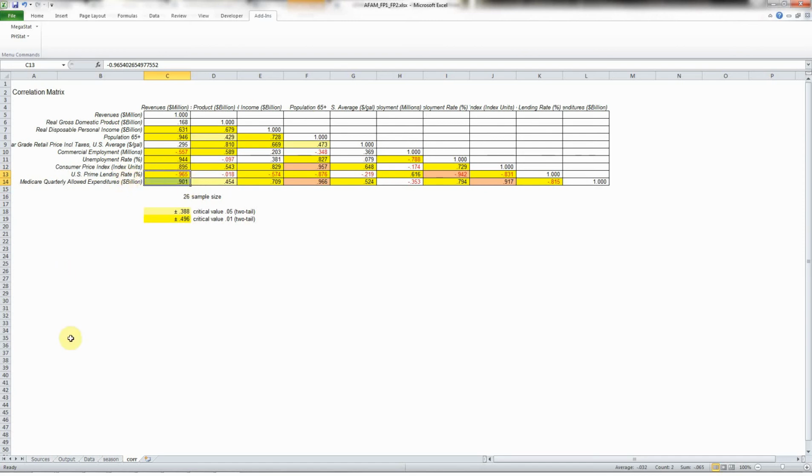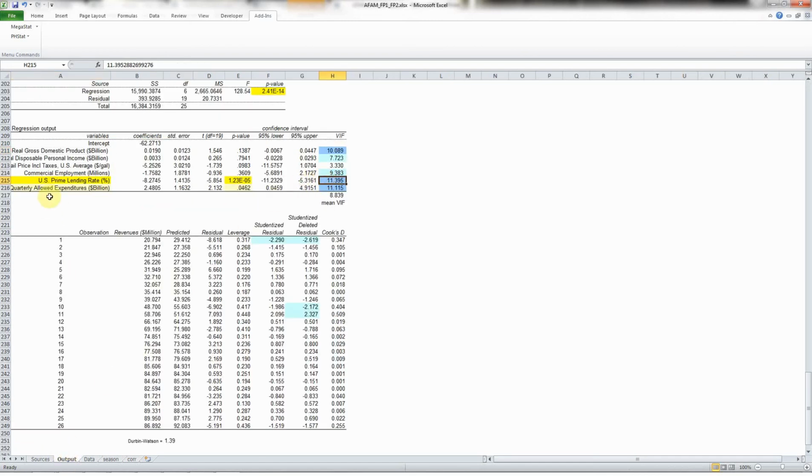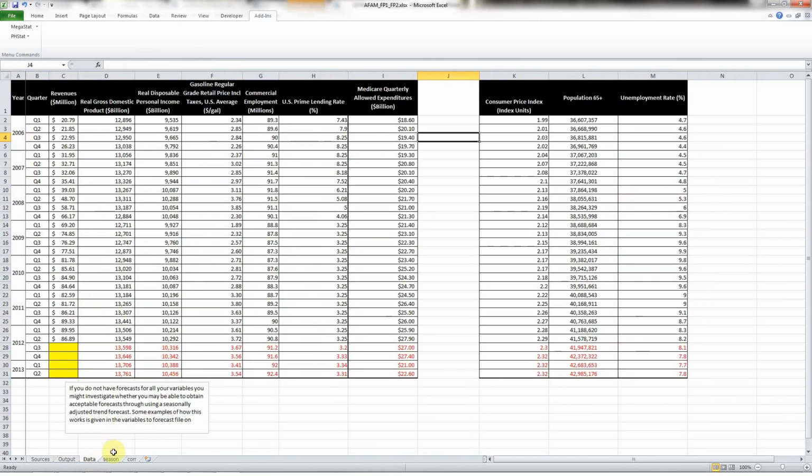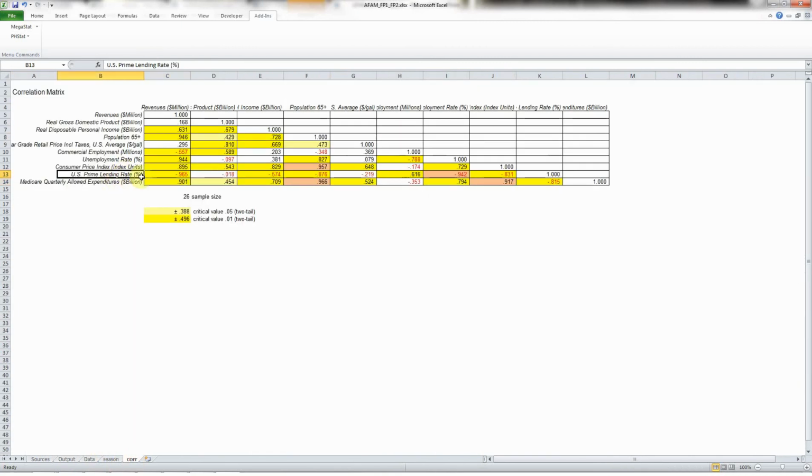Let's just take a look at the highest VIF one anyways, which was U.S. prime lending rate. Let's just see if there's anything that I could swap it out with. So here's prime lending rate, and indeed I could swap it out with unemployment rate, but I already took out unemployment rate, so that's just not available to us. So for the reason that real gross domestic product has a very, very low, if not insignificant, correlation with our dependent variable,